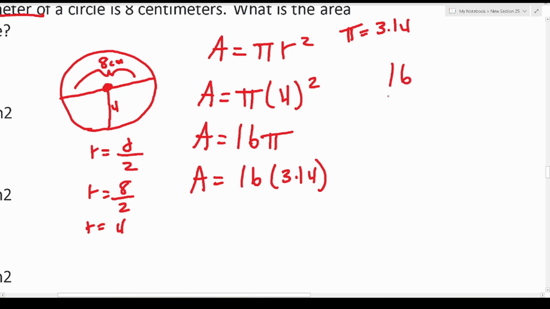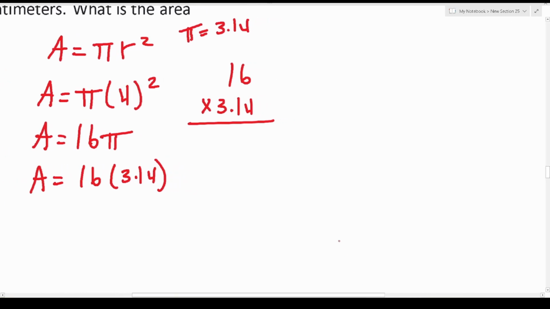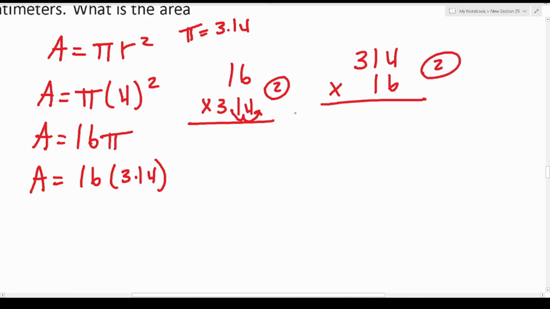Again, we have 16 times 3.14. That is to say, we're multiplying a whole number by a decimal. And as we've seen in this video already, we want to get rid of this decimal temporarily such that this math becomes a little bit easier to do. So I'm going to shift this decimal in 3.14 2 times to the right. And that becomes 314 times 16, albeit with those 2 decimals to shift back to the left, which I shifted to the right over here. And again, I put this 314 above 16 because it's a bigger number, and that's how you do multiplication. You always put the bigger number up top. Okay, so